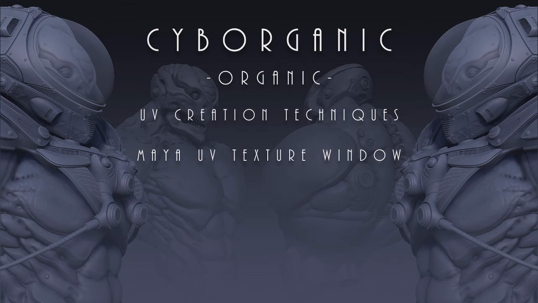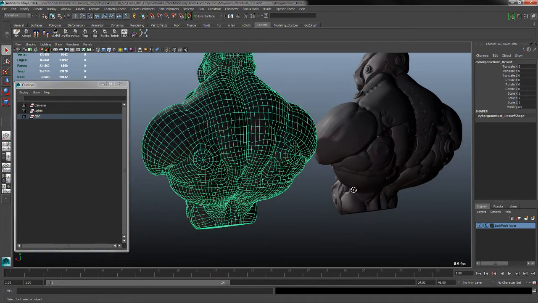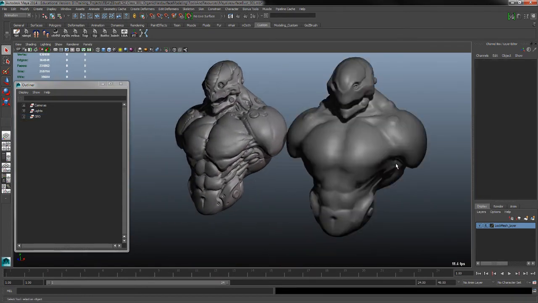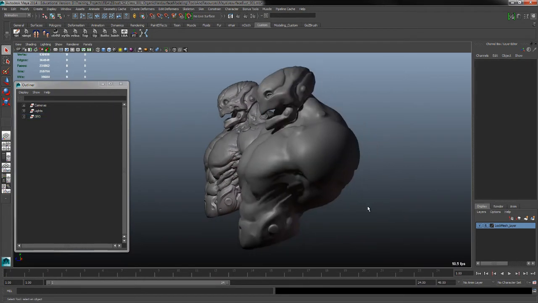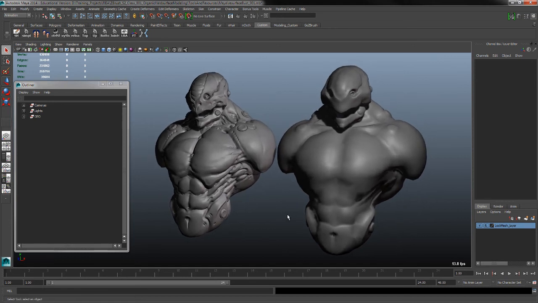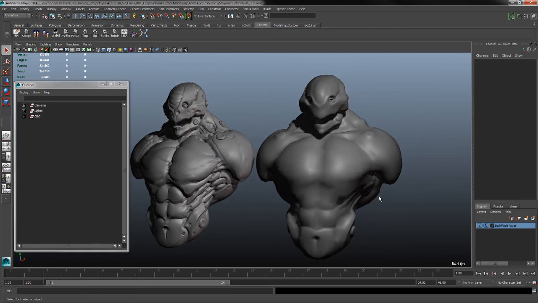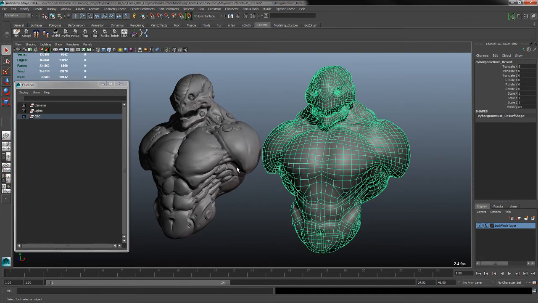Now that we've resurfaced our model and we have clean topology to work with, it's time for us to start thinking about how to get this detail from our sculpted model onto this more low resolution game res mesh. And the process we're going to be using for that is a baking process where we can make normal maps. So basically with a texture map that gives some indication for how light is supposed to hit this model, we can give the illusion that this model over here has got the same kind of detail and quality level as